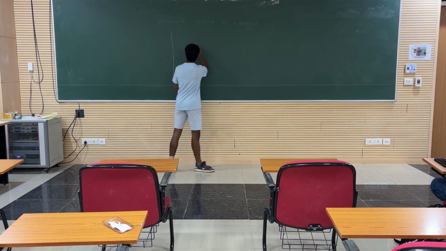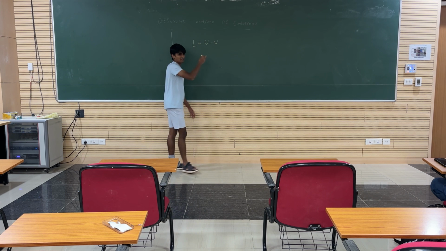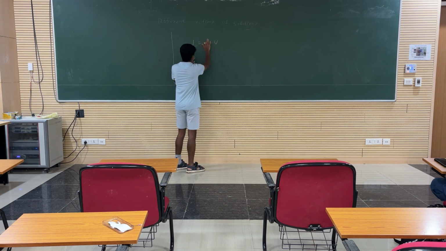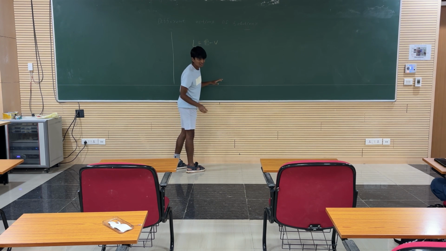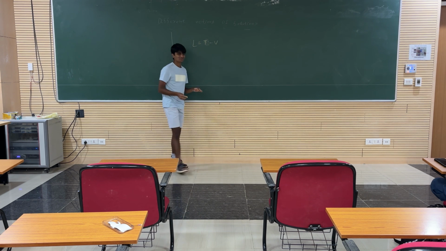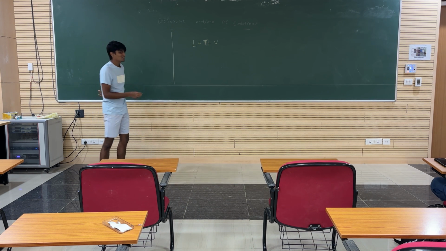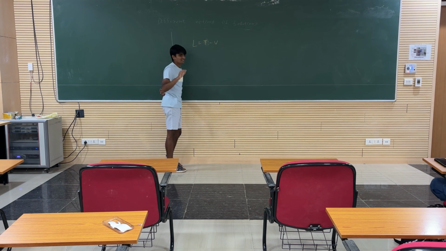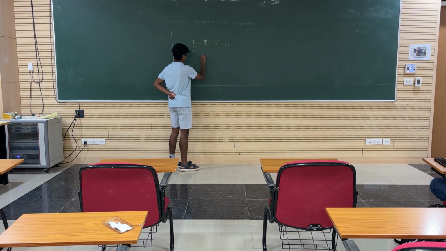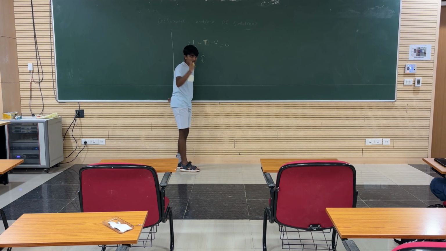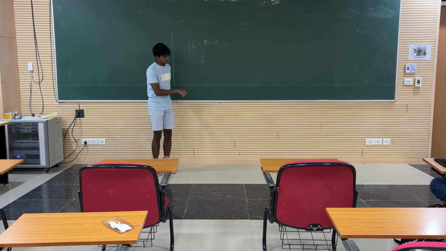Like the Lagrangian is T minus V. And they somewhat differentiate it. They take del L by del something, and in the end they say this equals 0 because it's at a minimum, and then they will show the physical law. Like when this is true, Newton's equations are true. That's the idea, right? So same thing.